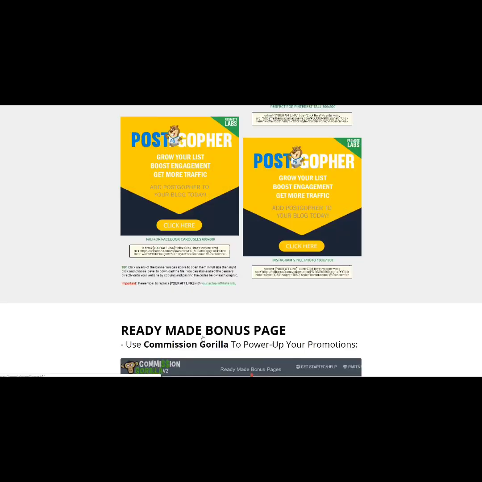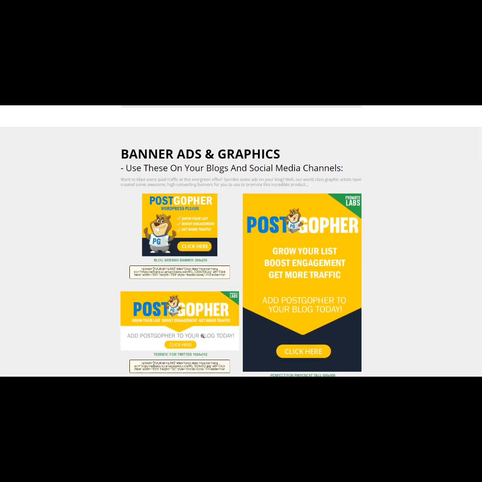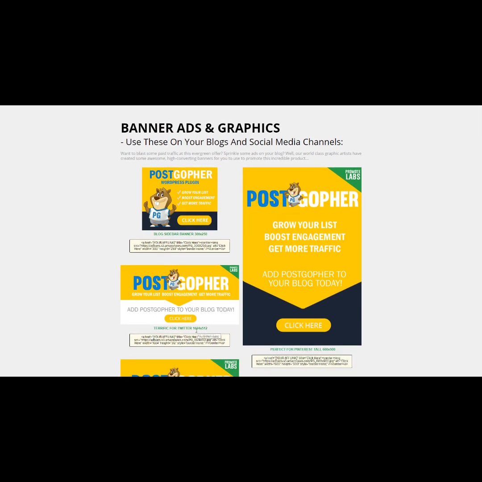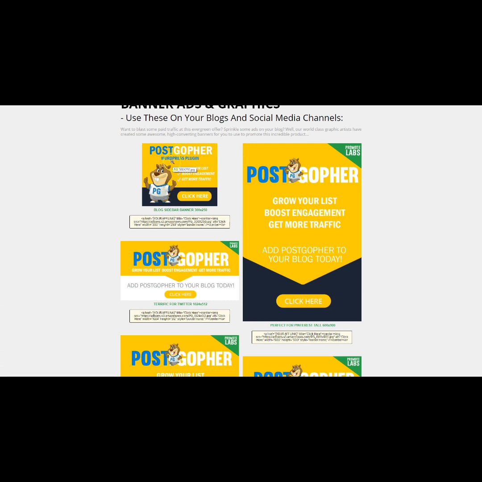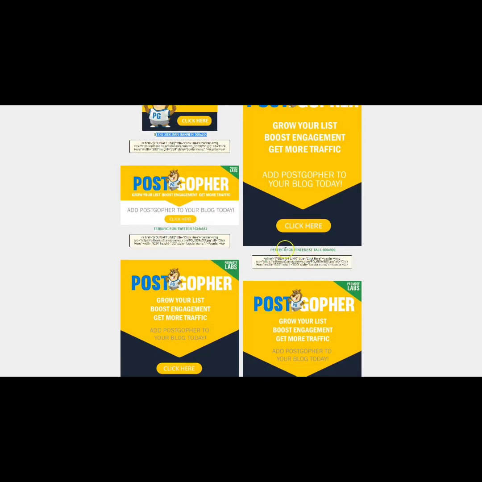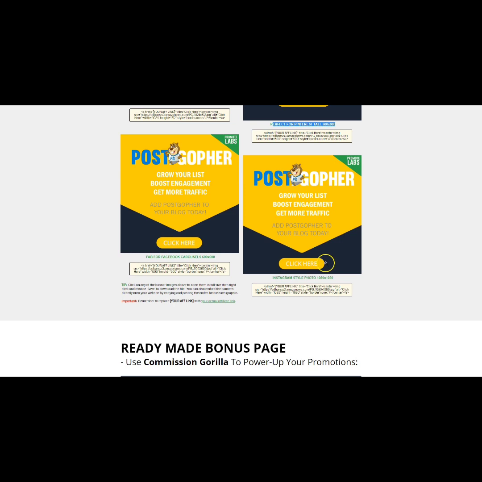As you can see, based on the shape here, they're really going for not just people maybe sticking this in the bottom of an email and in their blog post. They've made these so that they're perfect variations of size and shape to be used for PPC. Okay, you'll see this one says actually terrific for Twitter, blog sidebar, perfect for Pinterest, tall, Facebook carousels, Instagram style photo,